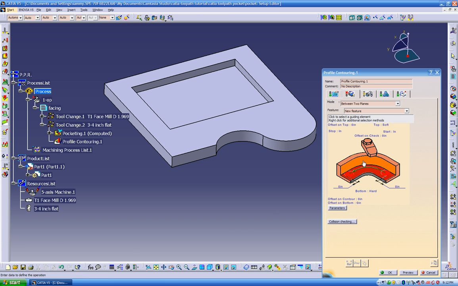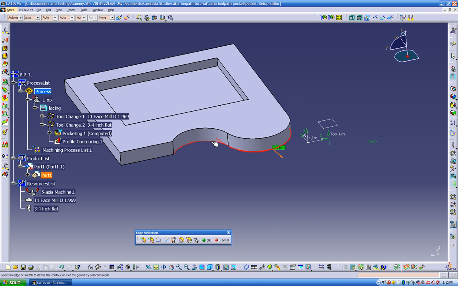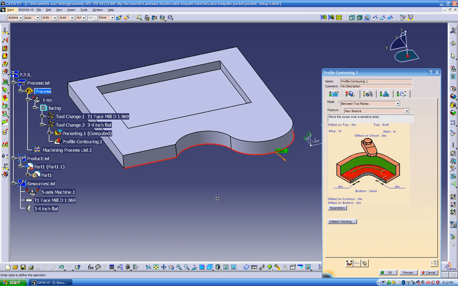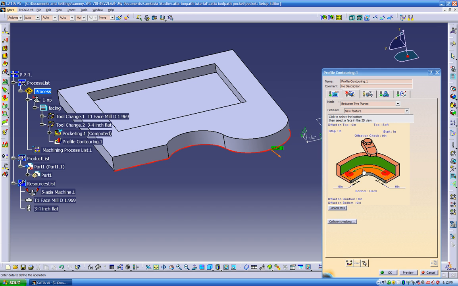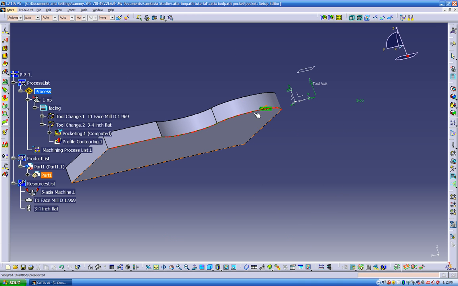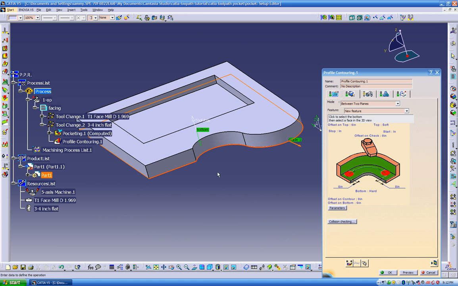So I'm gonna click on the wall, and I'm gonna click on this edge, and this edge. As you see, we have an arrow over here. That's the side of the end mill. So if you put it this way, the end mill is gonna be on this side. If you click this, the end mill is gonna be on the other side, which is gonna be a conventional cutting going through the part. So this is one operation over here. We're gonna click on the bottom of the part, which is over here, and top of the part